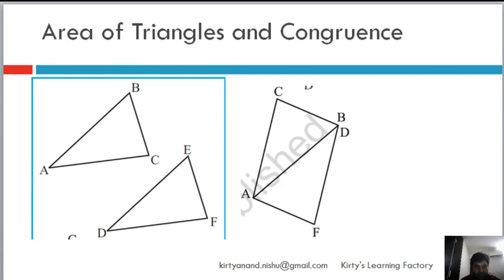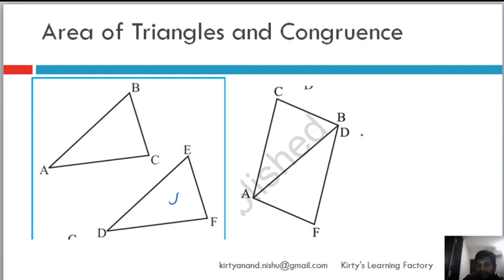Area of triangle and congruences. Understand two things, guys. Here basically what I have done is that I have taken two equal triangles. They are scalene triangles, ABC, and it's congruent with EDF. So same triangles. Now what I have done is that here ACB, I have rotated this triangle in such a way that AB and DE have basically coincided with each other, and this is the parallelogram that I have created. So if you have any two triangles, you can basically rotate them to create a parallelogram, and the area of the parallelogram is what?